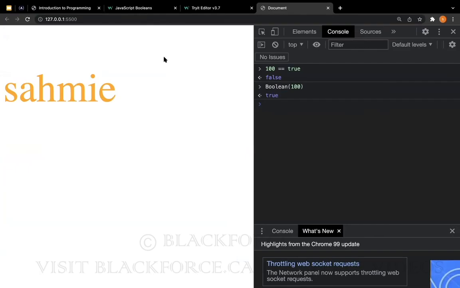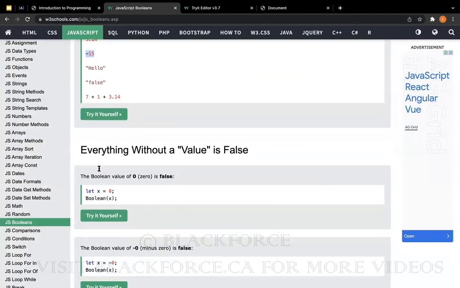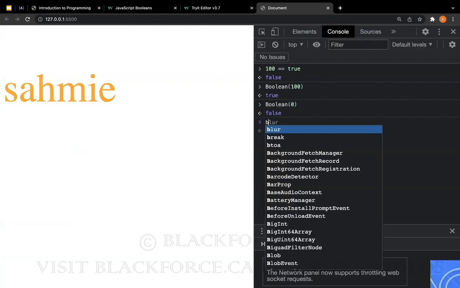Okay, so everything with a value in JavaScript is true, right? But I just needed to put it in a Boolean function. So this is true, minus 15 is true, but everything without a value is false, right? So if I try Boolean 0, it should give me false. If I try Boolean,